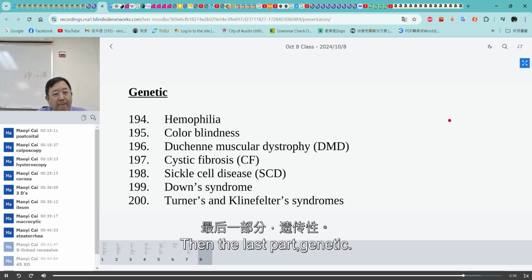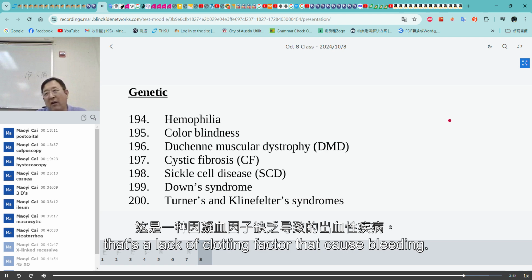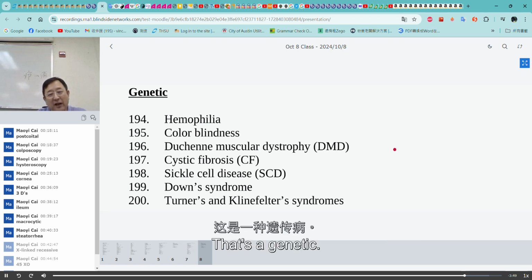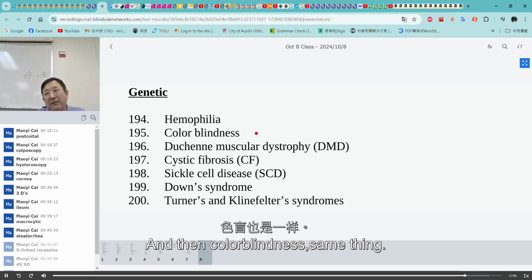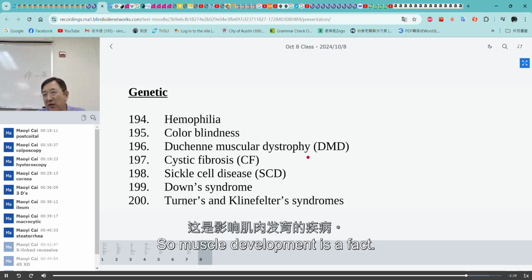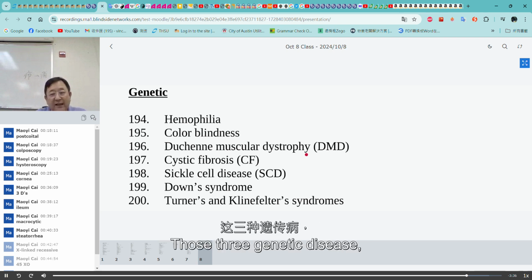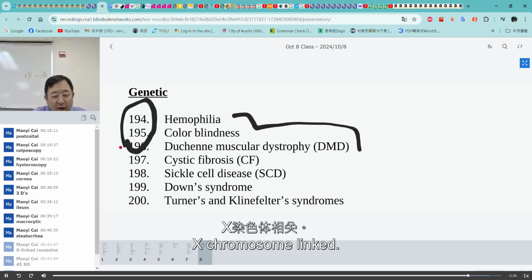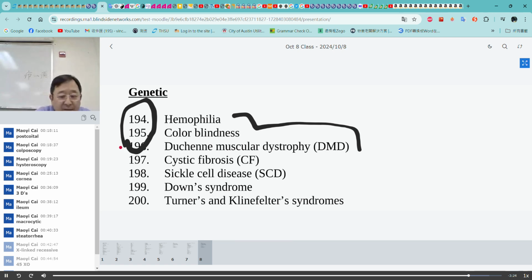Then the last part, genetic. Hemophilia, that's a lack of clotting factor that causes bleeding. Like to bleed, yeah. That's genetic. And then color blindness, same thing, genetic. And even the next one, Duchenne muscular dystrophy, where muscle development is affected. Those three genetic diseases, they all have the same what? Genetic pattern. Those three are all X chromosome linked, X-linked, recessive